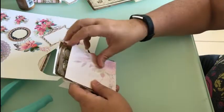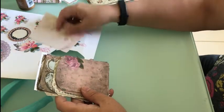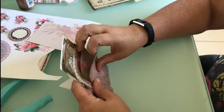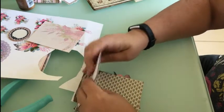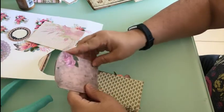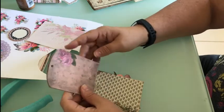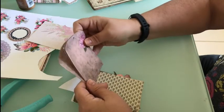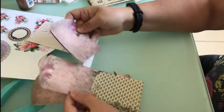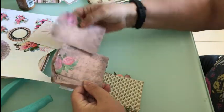This is a frame from the set. This is a journal card. It matches those other bigger ones. These are tags. There's 2 sets of tags. Now, when I got these tags done, you'll see in a minute, they don't fit the pocket that I made. So I went back, and instead of changing the size of these, I changed the pocket to fit them. So these are 3 by 4 inches, and they're all different. And then I did another set of tags